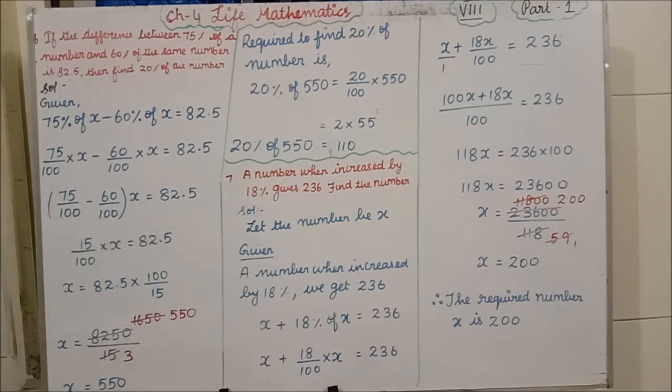Here, in the next step, we need only the x value, isn't it? So I am going to keep the x value on the LHS, and this 15 by 100 will go to the other side. That time it will become reciprocal. It is in divide form, so for divide, another divide will give you the reciprocal. So we can straightly write x equal to 82.5 into 100 by 15. If we multiply 82.5 into 100, what will we get?